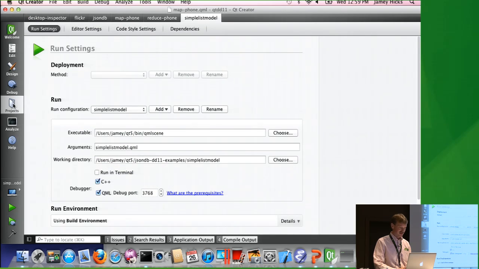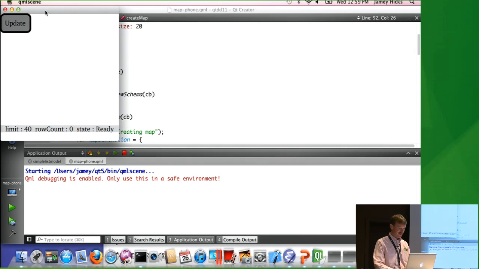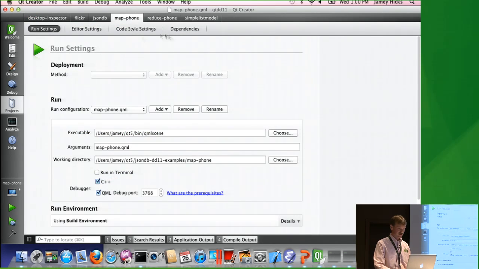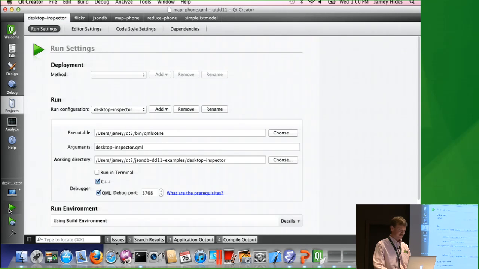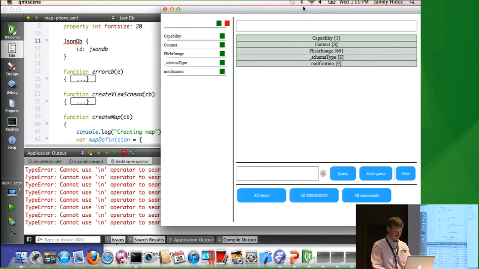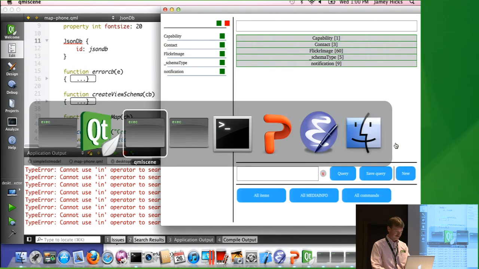And map phone, my great name for mapping things. And the desktop model, which I meant to keep running, so we can see things. We want to see what's going on in ways that the UI doesn't necessarily show. Okay, so